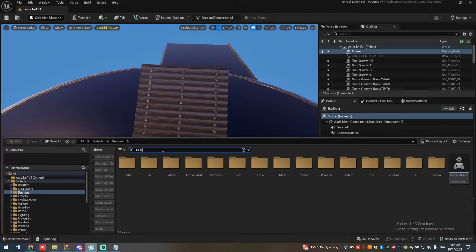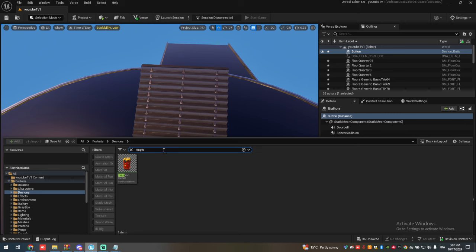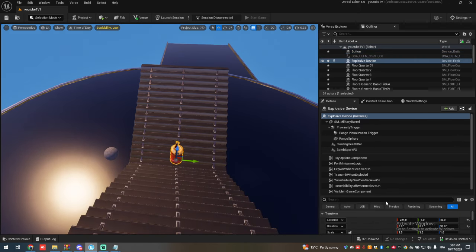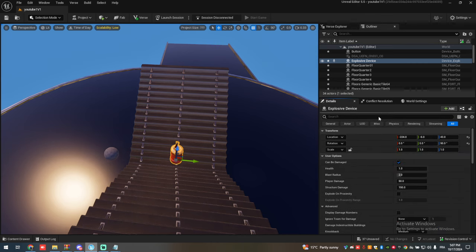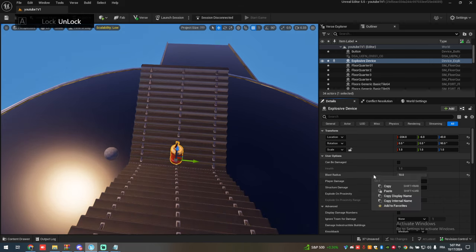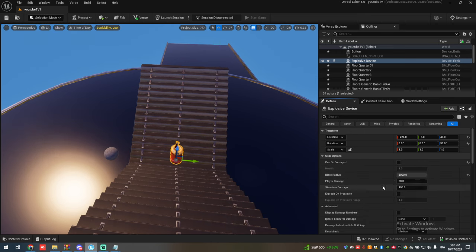And after you do that, you're gonna need one explosive device, which is gonna be found in here. Explosive device. So we're gonna drag it. We're gonna go and check the settings. So let's close this one here. The health should be 1, can be damaged, no. Blast radius 5000, Control A, Control C, and then Control V, and player damage null, structure damage 5000,